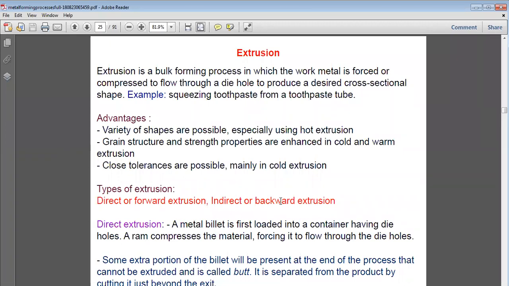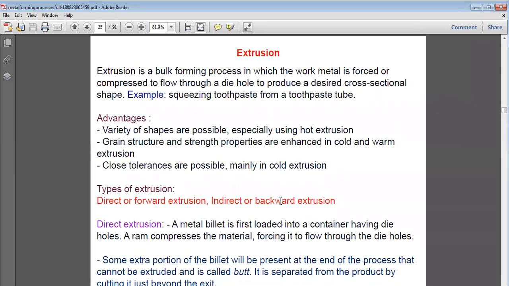It is similar to something we all experience every day at home. The best example is in the morning when we squeeze the toothpaste out of the tube. That is basically extrusion only. What is happening is we are putting pressure onto the back of the tube, and the paste is let to come out of that orifice, and it comes out in a round shape. The round shape is because that is the shape of the orifice.